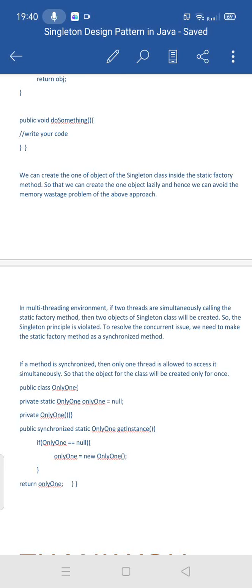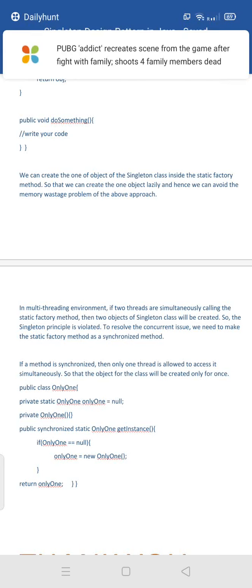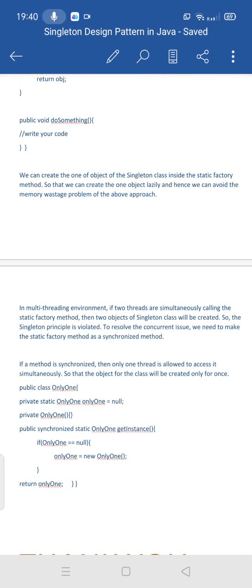But in a multi-threaded environment, if two threads simultaneously call the static factory method in lazy form, there is a possibility of two objects getting created for the singleton class. This is completely contradictory to the singleton principle. So to resolve this concurrency issue, we will make the static factory method a synchronized method.